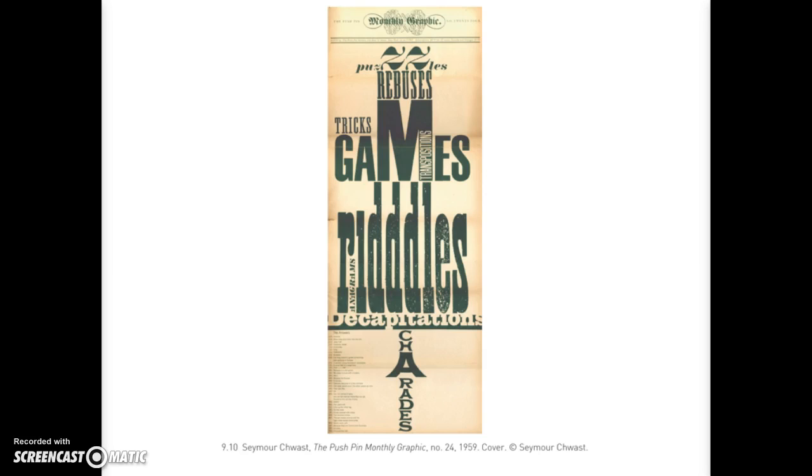They were going back to the Victorian use of mixing random fonts together. We're seeing a resurgence of the wooden type, not a Victorian revival, but rather an allusion to Dadaism, basically violating all sorts of different graphic rules and expectations, throwing the expectations on their heads, using lots of grotesques. So the Pushpin Monthly Graphic was more of a trade publication than anything else. It wasn't explicitly a journal.